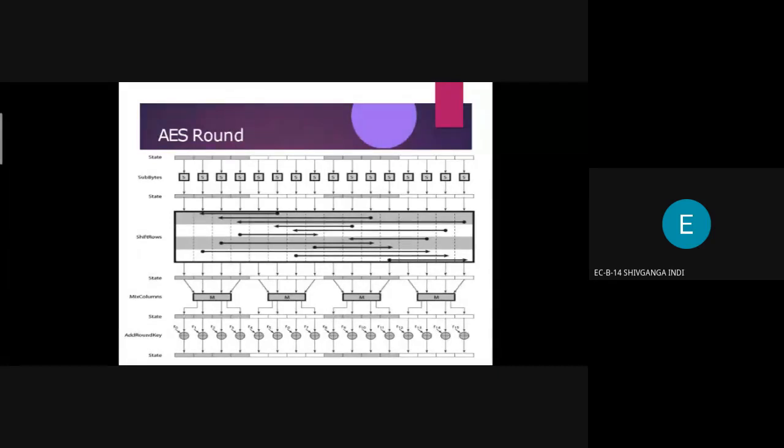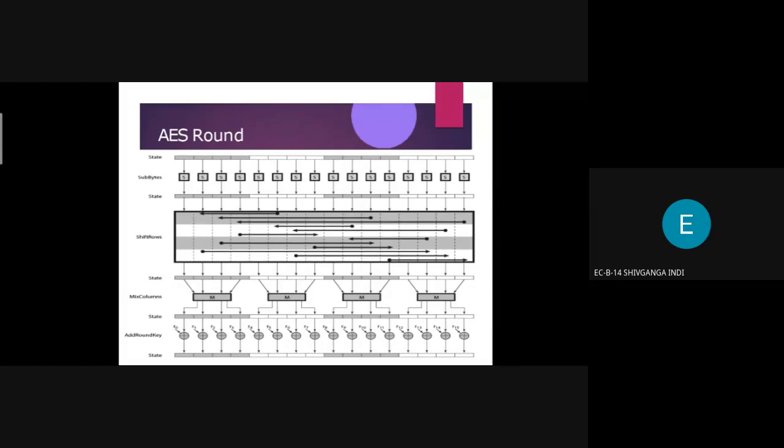So that is the AES round operation. In order to perform it, we have to use four steps: byte substitution, shift rows, mix columns, and add round key.